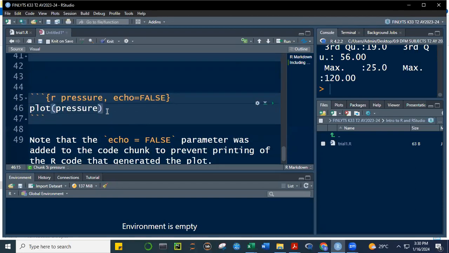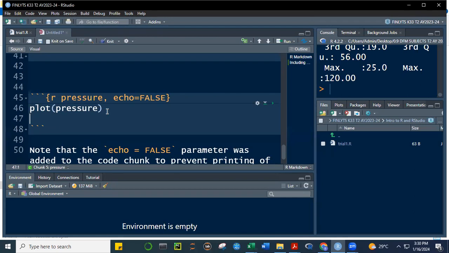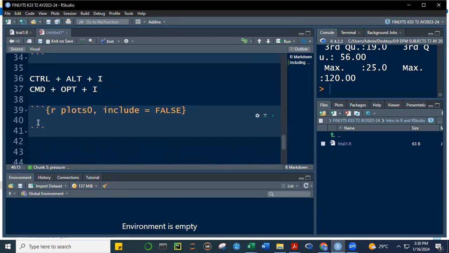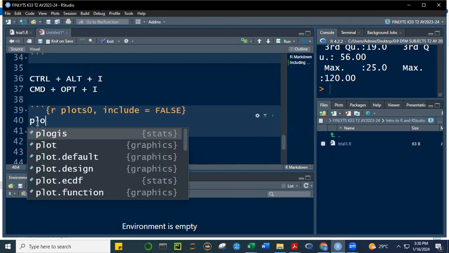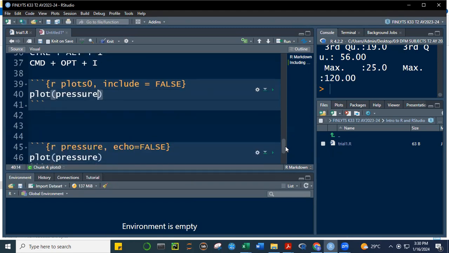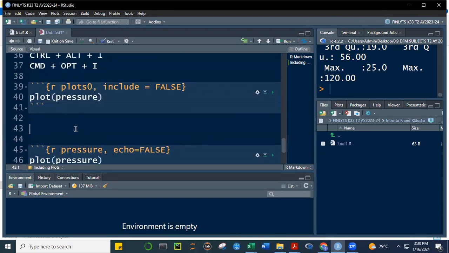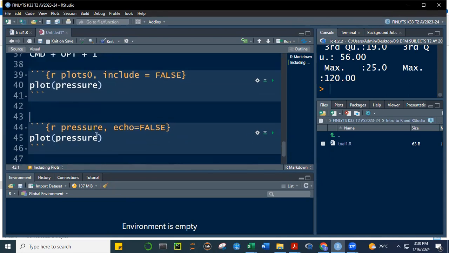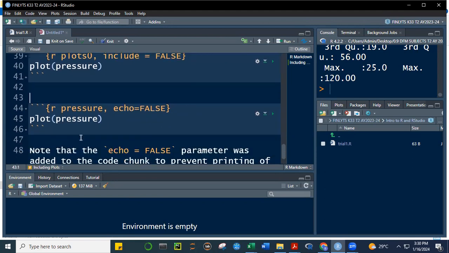Okay, if we plot data, cars, no, those are models. Okay, if I put here plot pressure, okay, we have two instances of this one, class. The first one is include is equal to false, which means that it will run this, but it will not show the code chunk, and it will not show the result. On the other hand, this one, echo is equal to false, means it will not show the code, but it will,